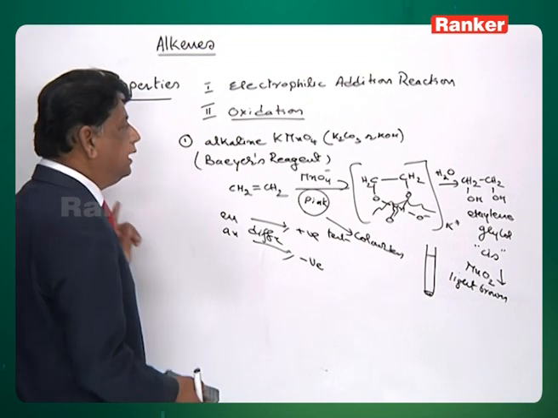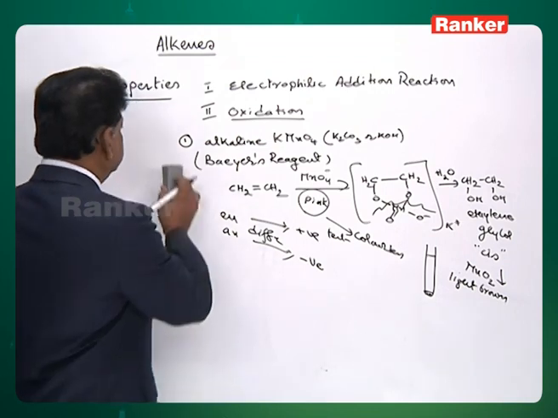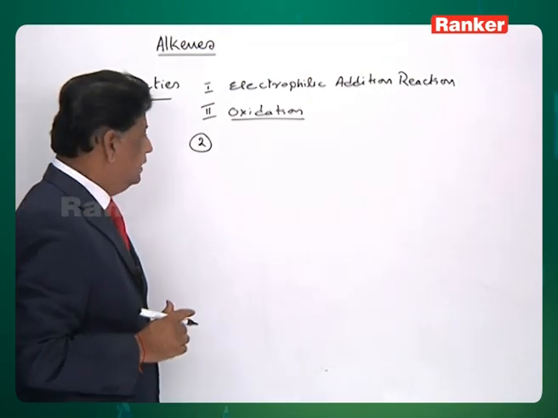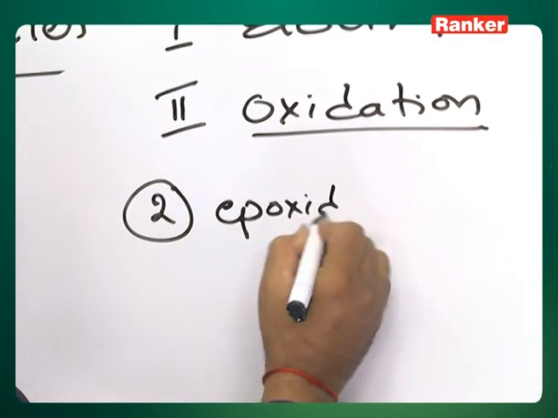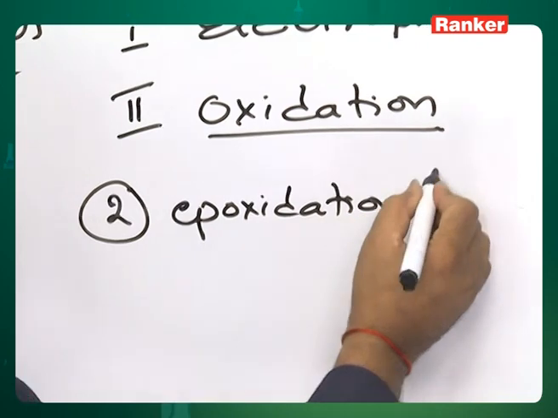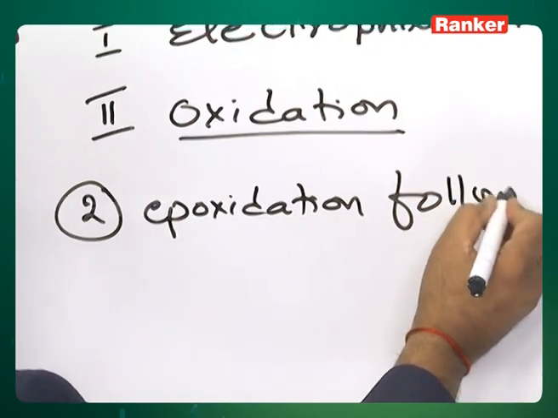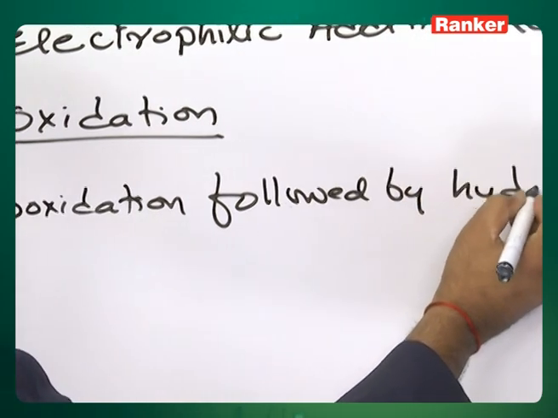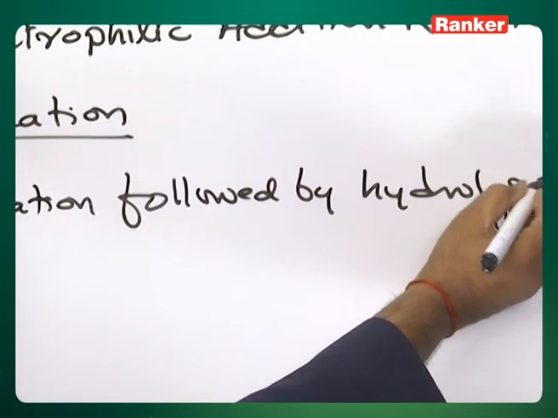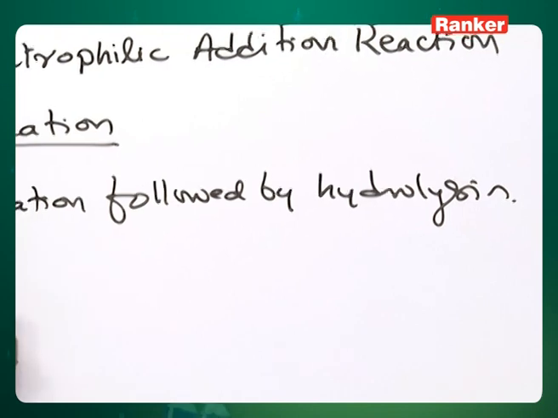This is the alkaline KMnO4 reaction. The second type of oxidation is epoxidation followed by hydrolysis. So, if you take an ethylene,